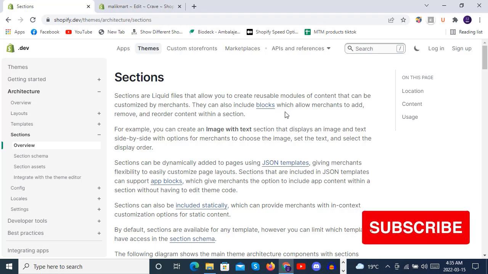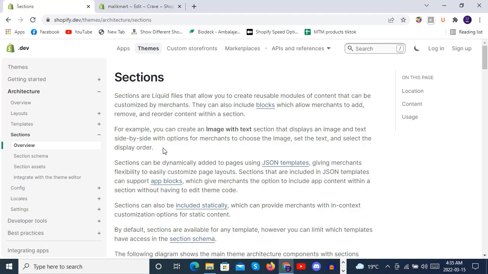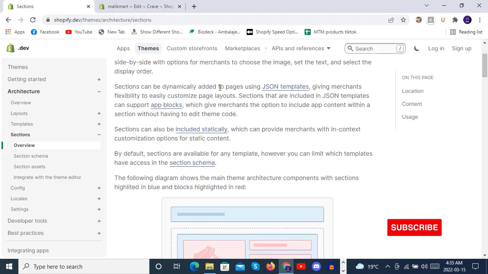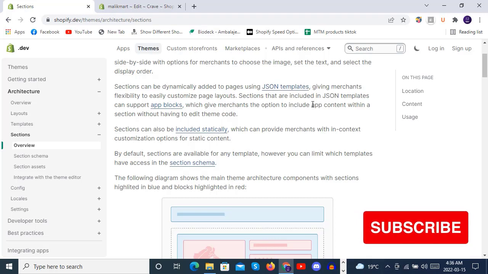The sections are liquid files that allow you to create reusable modules of content that can be customized by merchants. They can also include blocks, which allow merchants to add, remove, and reorder content within a section. For example, you can create an image with text section that displays an image and text side by side, with options for merchants to choose the image, set the text, and select the display order. So here you can see the examples, and sections can be dynamically